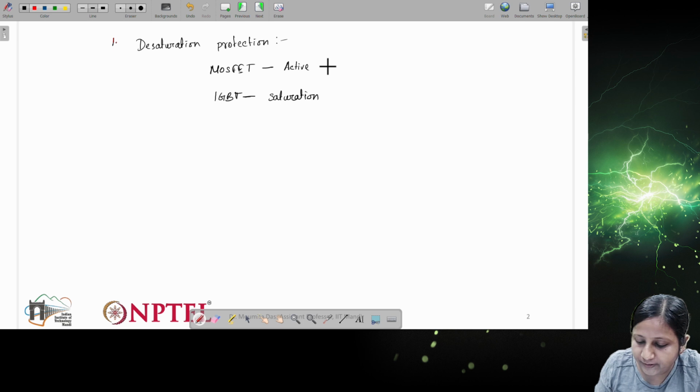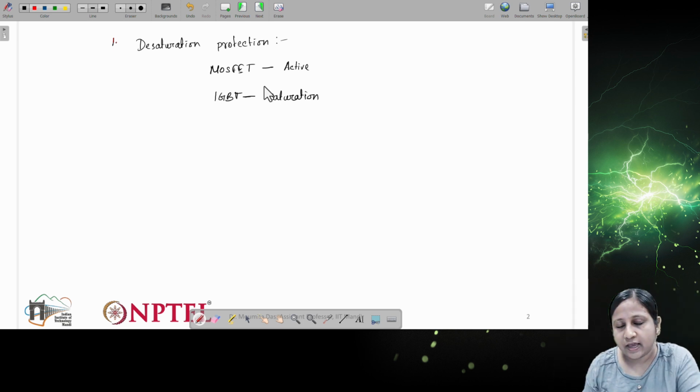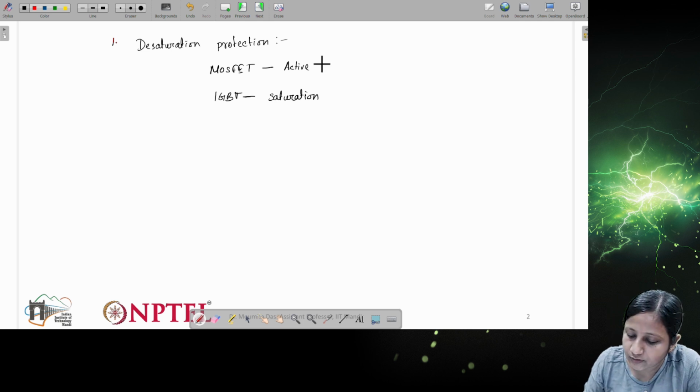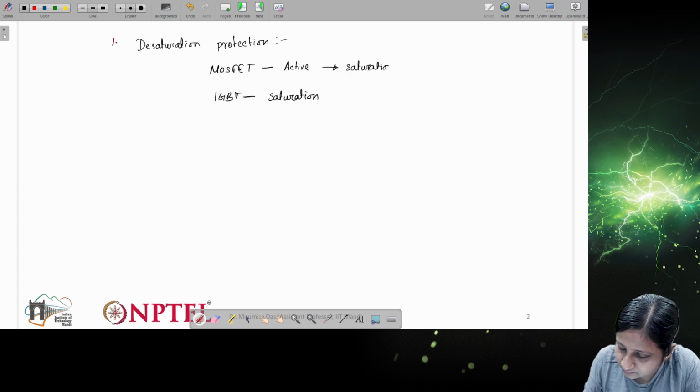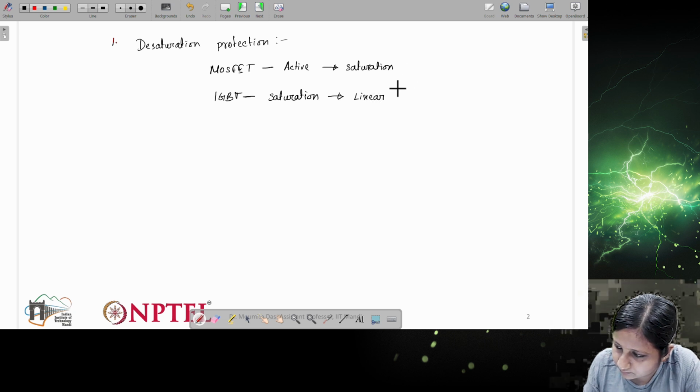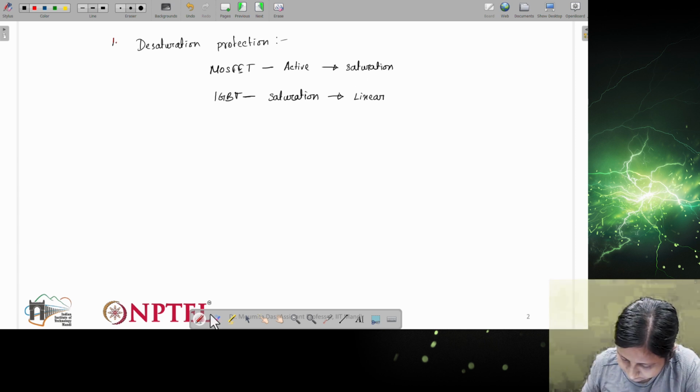When the MOSFET and IGBT have some fault, what will happen? The MOSFET will go from the active region to the saturation region, and the IGBT will go from the saturation region to the linear, or active, region.